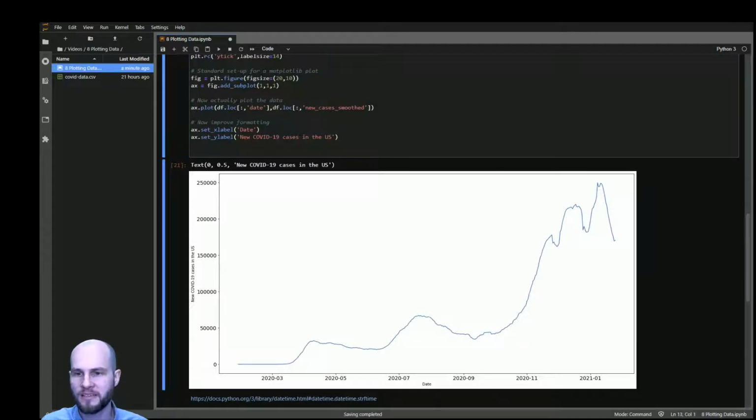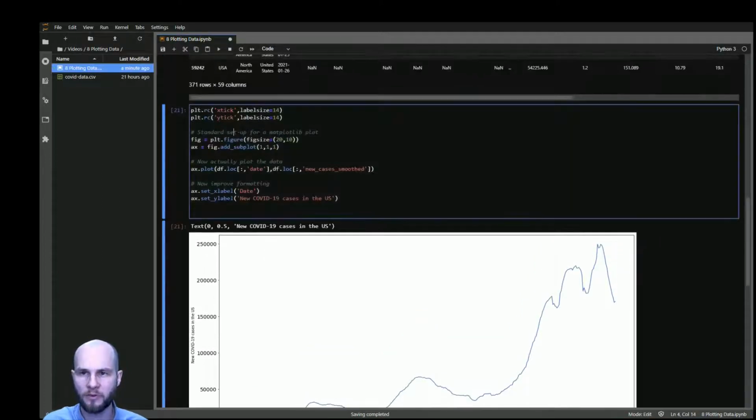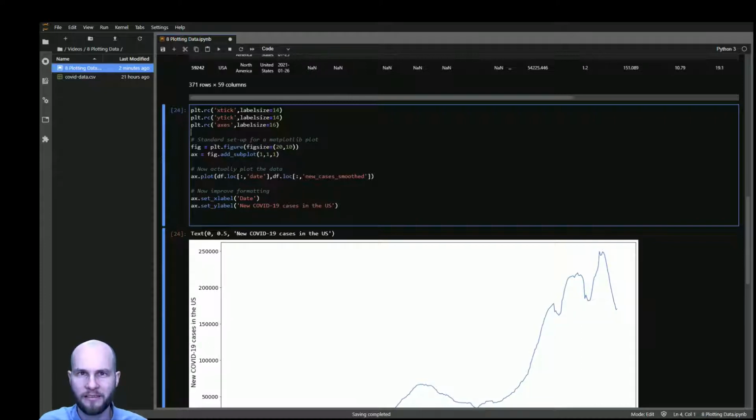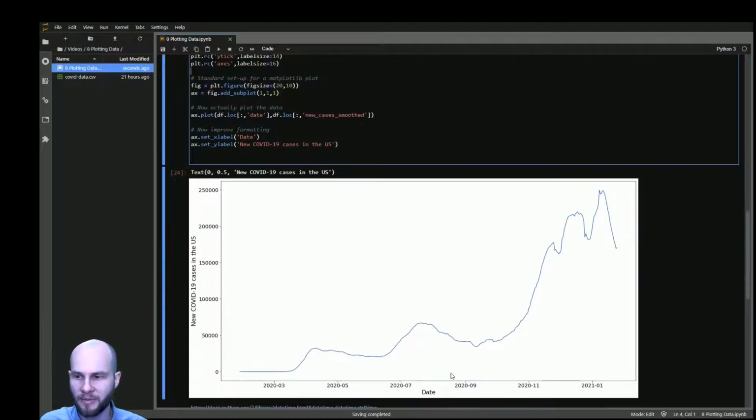All right, so as you can see, we added these labels, but these also have now really small font sizes. So to make these fonts bigger, we need to go back up to our plt.rc command and do plt.rc axis label size, and we'll make it a little bit bigger than the tick labels. We'll make it 16. The way this axis command works is it works on both y and x axes at once. Okay, and you can see once we have done this, the axis labels are a little bit bigger